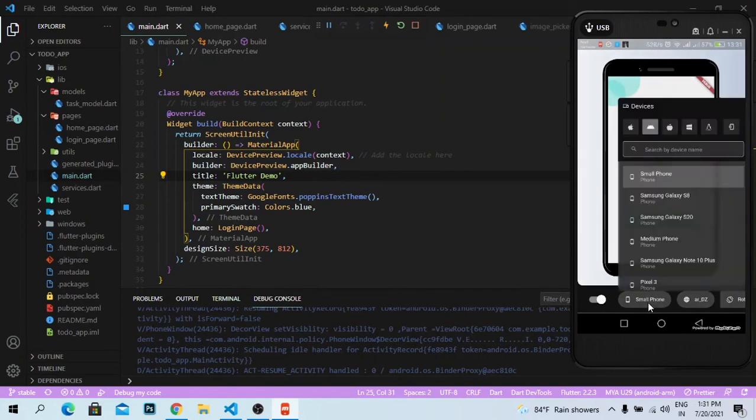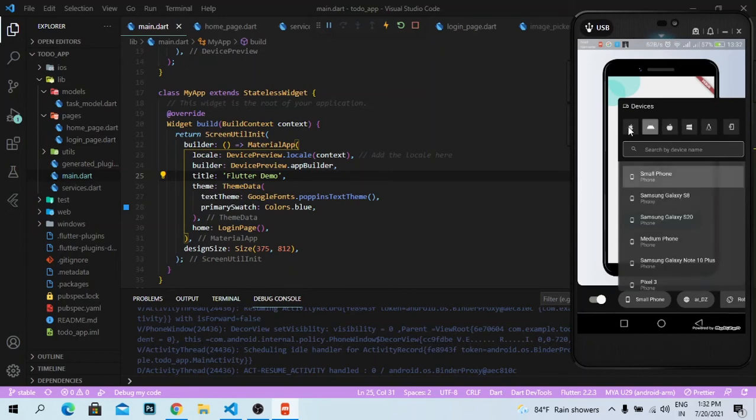So here I have selected a small phone. Also you can see here the iOS, the Android, the Mac operating system, Windows, Linux, and all are here. So you can test on all those devices.